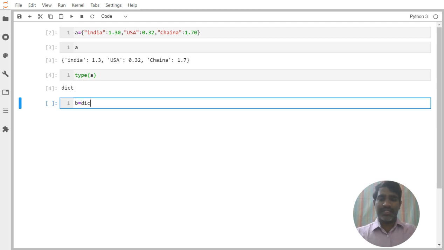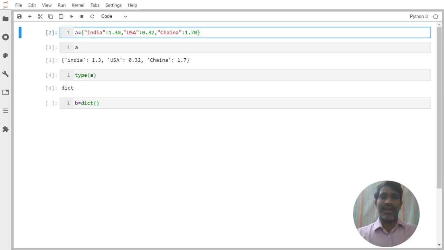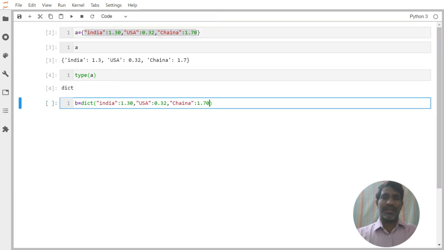With the same data, using another syntax, you can create the dictionary. Let us say dictionary, and we have to pass here using the mapping. Mapping means key value mapping. Key is equal to value, we have to write it. Let me take the same things whatever is available. I am copying it as it is. This is the key and this is the value we are trying to pass here. Similarly here, key is equal to the value we are passing, and then similarly this key is equal to value we are passing.